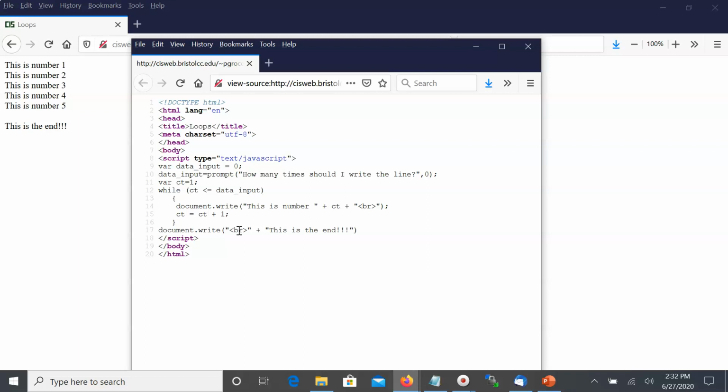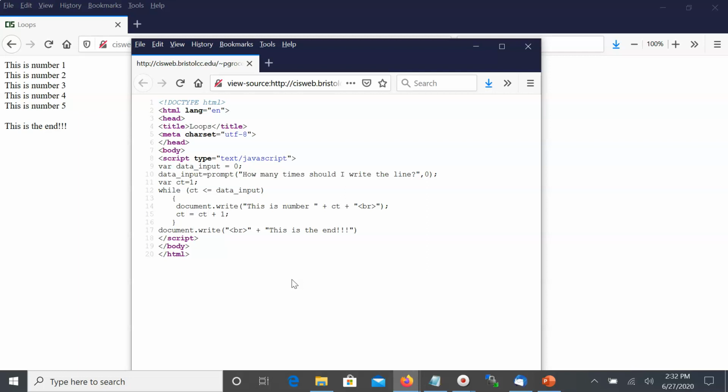So I do not enter the loop again. I drop out to the line after the loop, because remember, the curly braces surround the things in the loop that are being executed. I drop out, I do a document write, and I write BR plus this is the